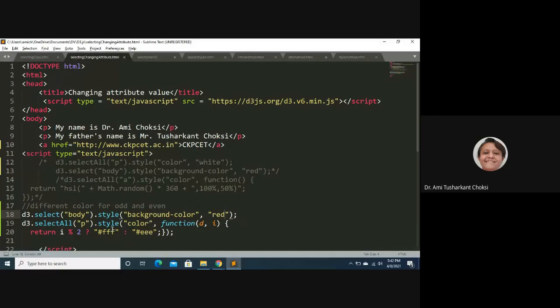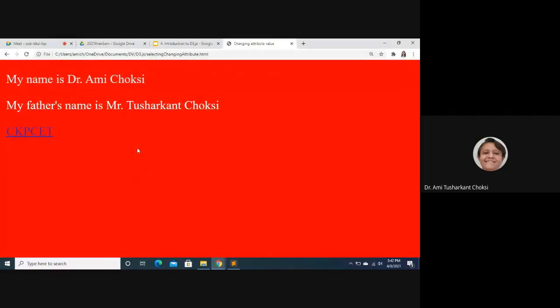Background color is red and text as, right, FFF or EEE, right? Let me see. Can you see the difference? This text is gray text, gray, and this one is white text, right?